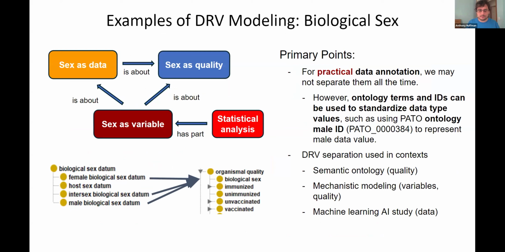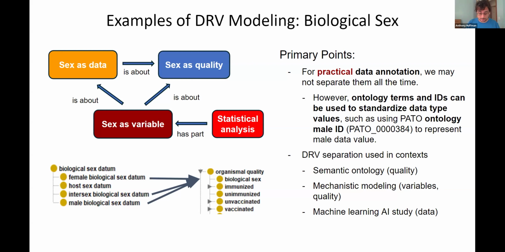Because in many cases, when we're recording information about practical data annotation, we can probably just use the actual entity in reality in terms of the ontological ID. So when talking about biological sex, even if we have a whole variety of different biological sex data, which corresponds to some entity, we would instead just note that it's about, or just record, this is biological sex